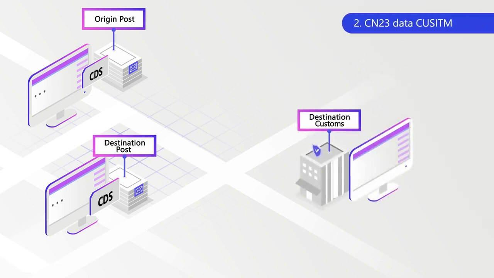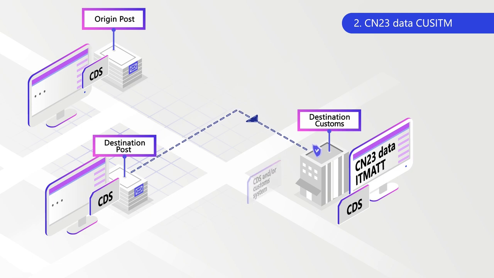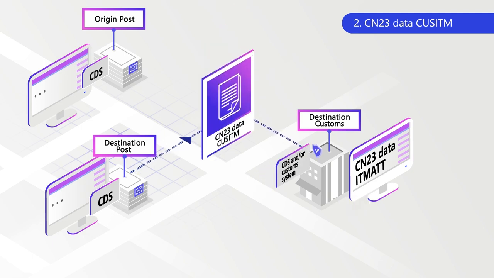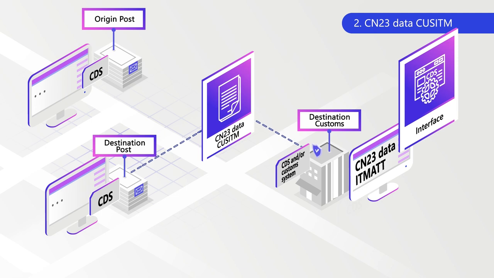Next, the customs declaration is transmitted from the destination post to the destination customs. If both posts and customs use CDS, the customs can access directly the customs declarations received by the post. If customs use different systems, CDS can transmit the customs declaration through a CUSITM message or through an interface to